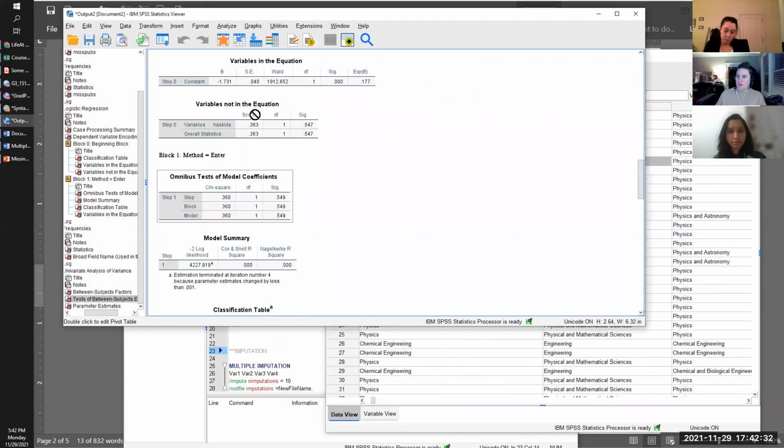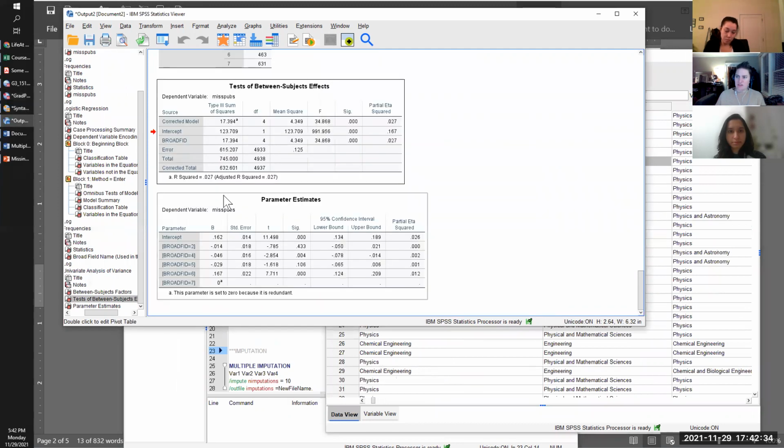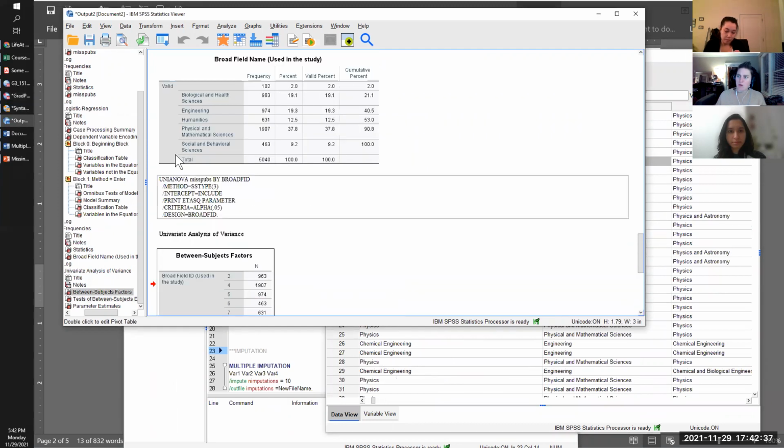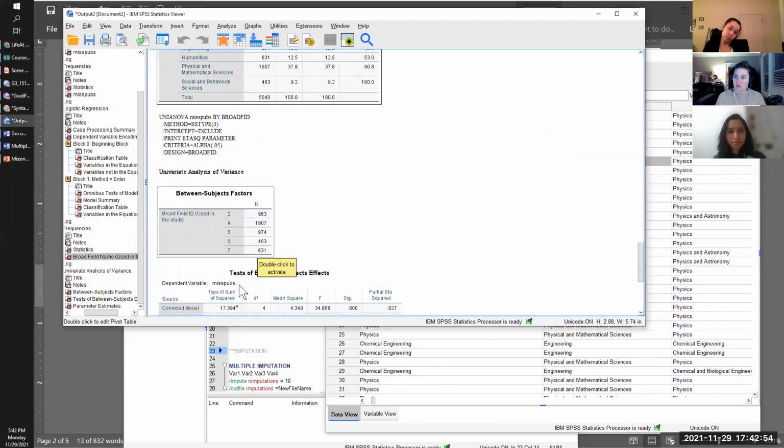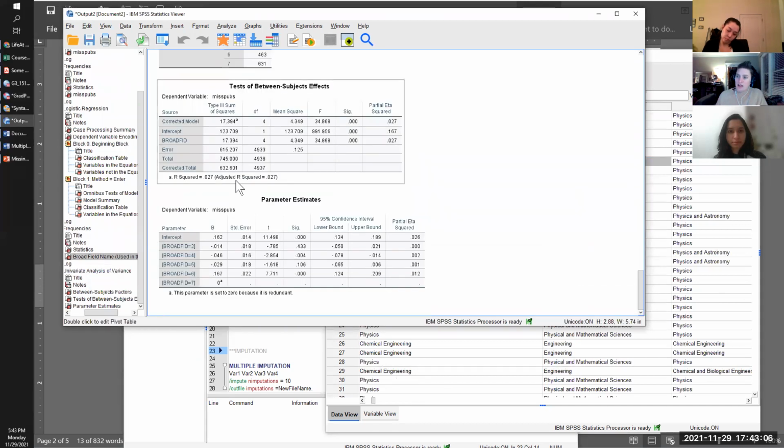Okay, so our broad field names, what I'm thinking of in my head right now, sorry I wasn't saying it out loud, is how to code this so that we can capture what's going on in a way that we can put it in our logistic regression or into our predictive model. Because right now we have this 5 category situation. If I just put them in, it's going to treat 7 as being 1 more than 6, 6 as 1 more than 5, and we don't have a way to distinguish that within the multiple imputation phase. So what we're going to do is create one that is